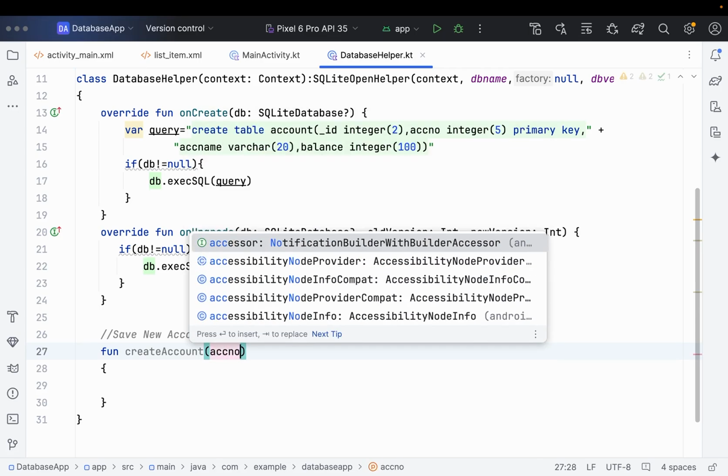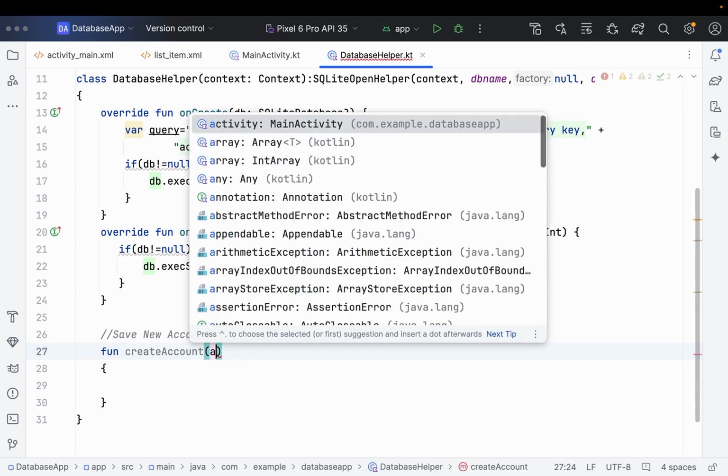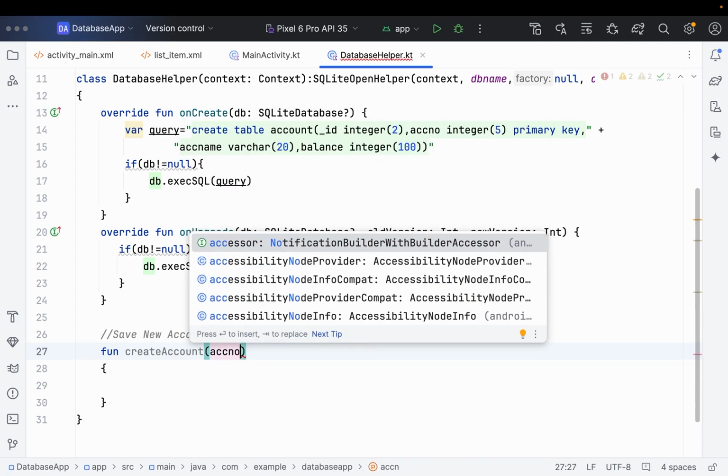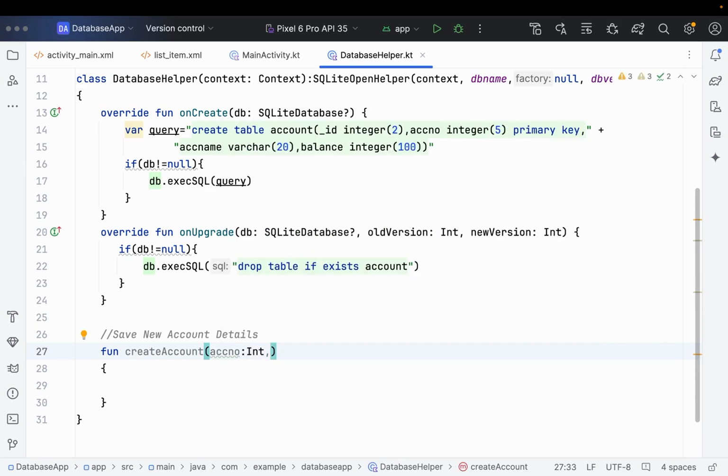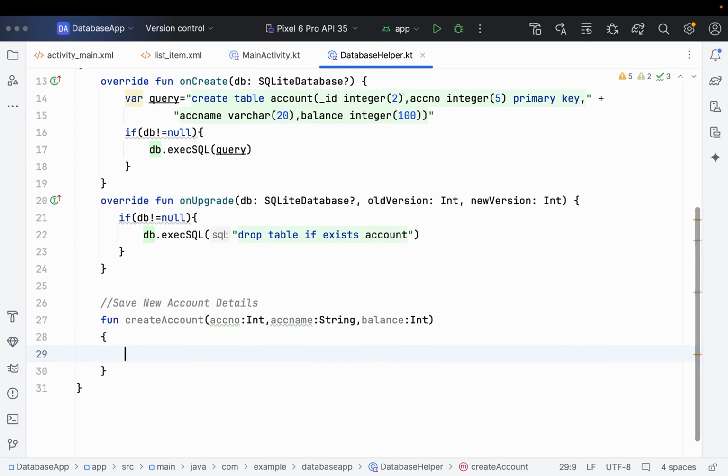Okay, which is an account number, an integer variable, and account name, which is a string variable, and balance, which is an integer variable. So we have considered it as an integer only, right? So now once you get this data from the interface, in the interface what I'm going to do